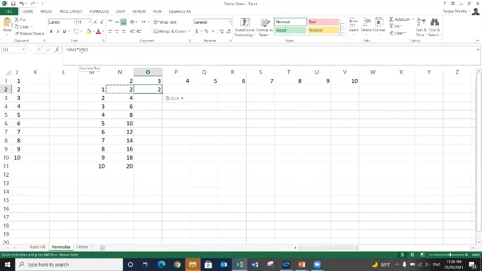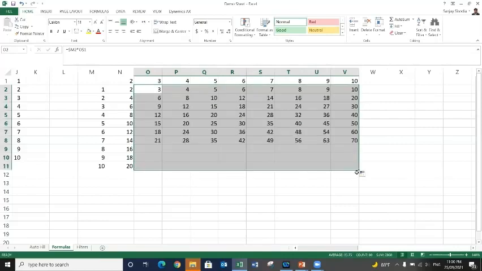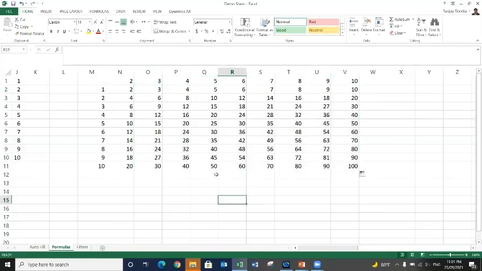So now what I need to do is, here I will make another change. That is, I will remove the $ sign which is in front of the column name, that is N. And now let's see what happens. Let me remove this, press enter. And now if I copy this, what will happen? Yes, I got the result. Let's drag it and see. Yes. And now let's drag it and fill the series.